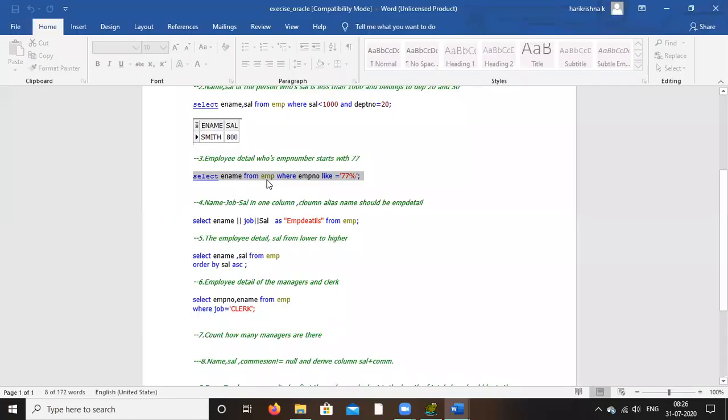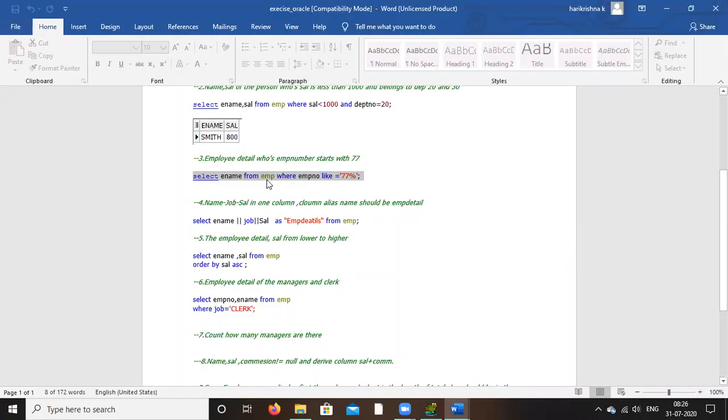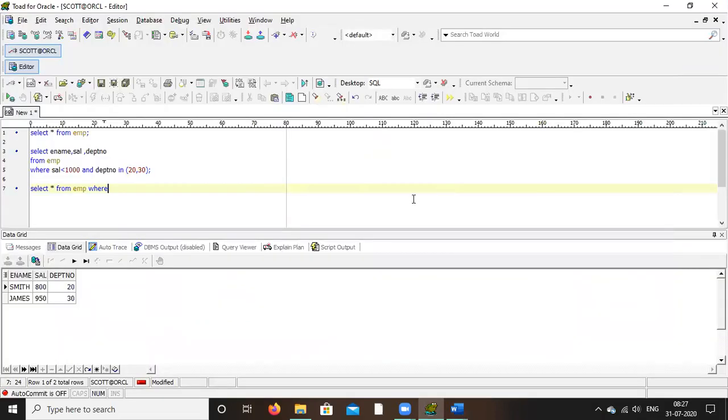Select star from EMP. So there you are getting any row? No, you are not getting any record, right? I'm getting only ename. No. Output you are not getting anything, right? No, I'm getting, sir. I did not paste. Okay, just write it.